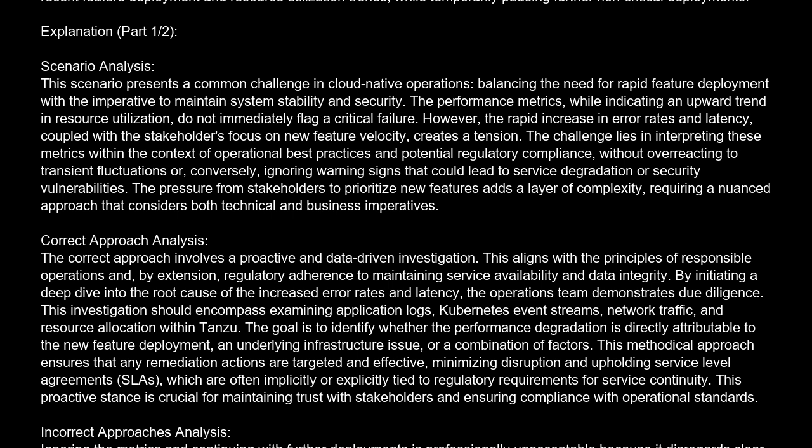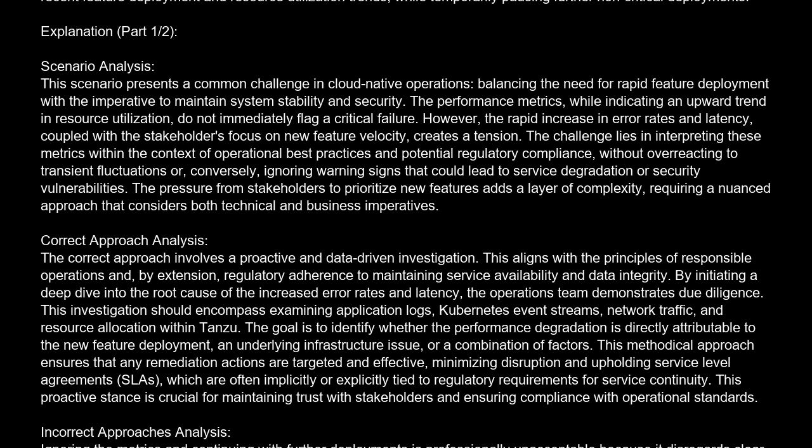Explanation. Scenario analysis. This scenario presents a common challenge in cloud-native operations, balancing the need for rapid feature deployment with the imperative to maintain system stability and security. The performance metrics, while indicating an upward trend in resource utilization, do not immediately flag a critical failure. However, the rapid increase in error rates and latency, coupled with the stakeholders' focus on new feature velocity, creates a